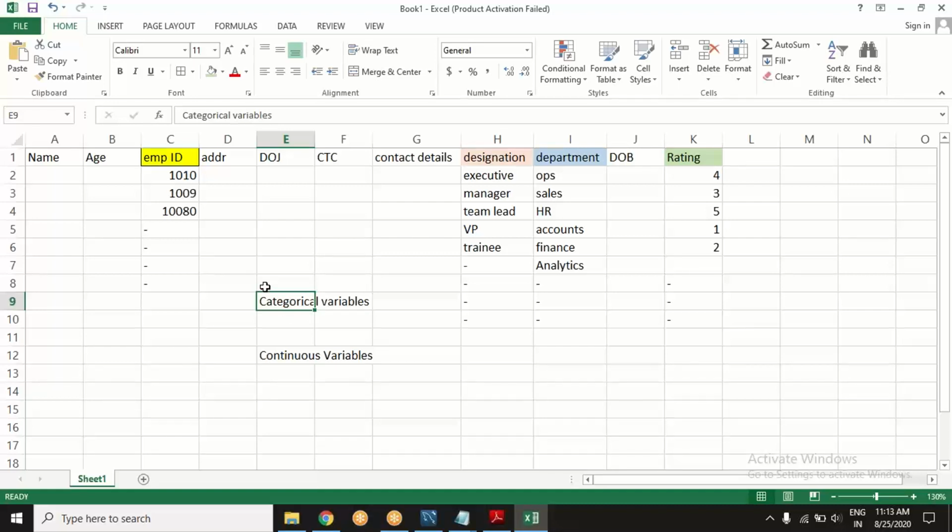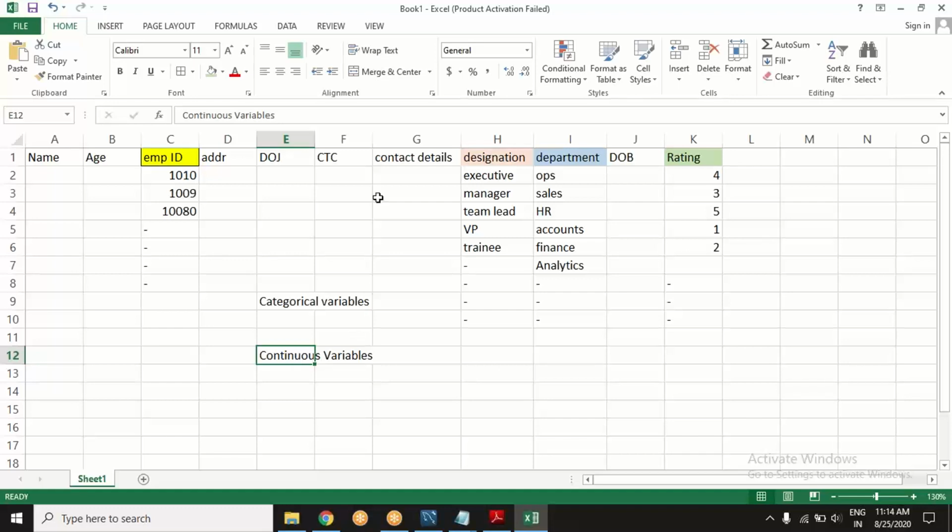See, analysis is always about numbers. Yes or no? It is as simple as that. What do you analyze? You are analyzing numbers. It is always a number. It is the total of something, the average of something, the count of something. Eventually, it is that. So those numbers, we are calling them continuous variables.